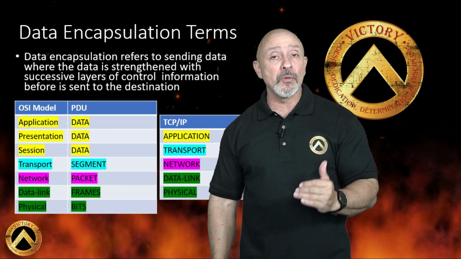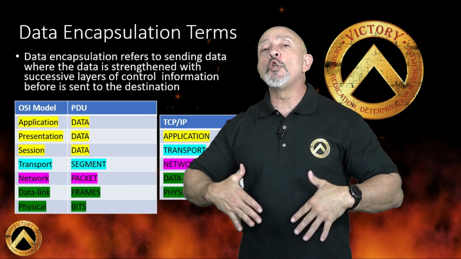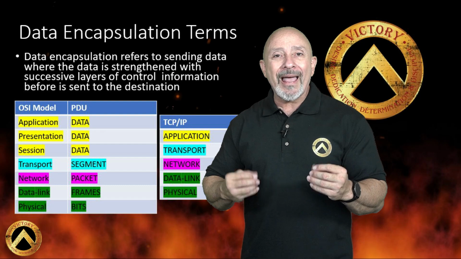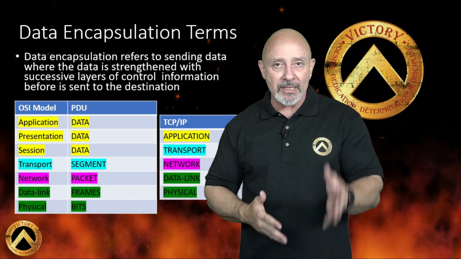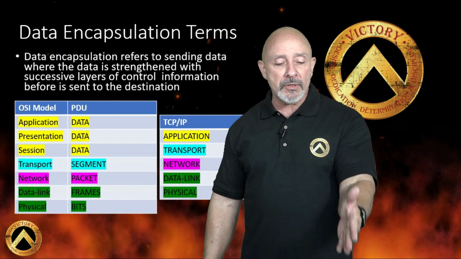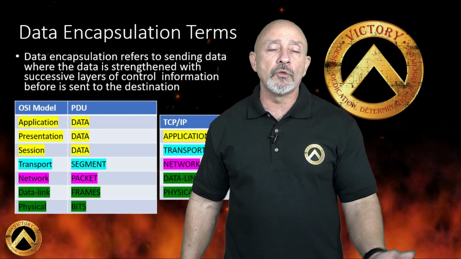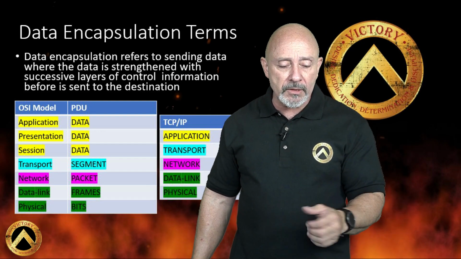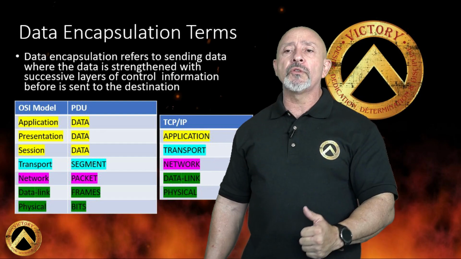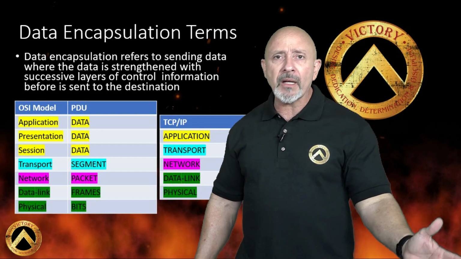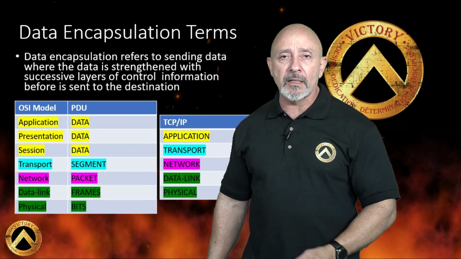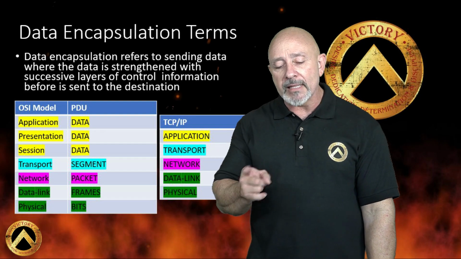Now, how I remember this, you've got to come up with mnemonic devices, meaning little acronyms that will help you remember at least the first letter of everything so you can learn these things. For the layers, like you heard me say, all people seem to need Domino's Pizza. Some people like to use data processing, whatever. It's up to you. With PDUs, I like to use don't stop pouring free beer. Nobody wants that. So that's how I learned that. I put in the first letters, and I go, oh, data, segment, packet, frames, and bits.